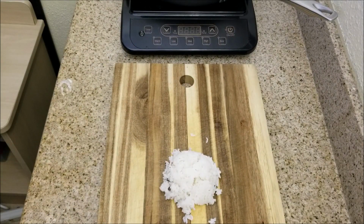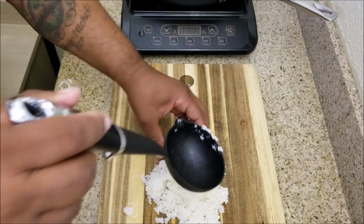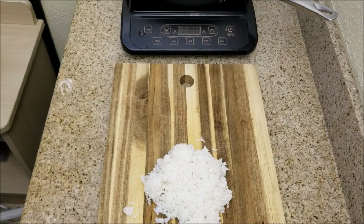Once you reach your desired thickness, now it's time to go ahead and plate. And instead of using a plate, for these purposes I'm just gonna go ahead and use my cutting